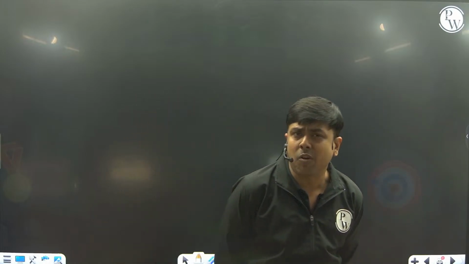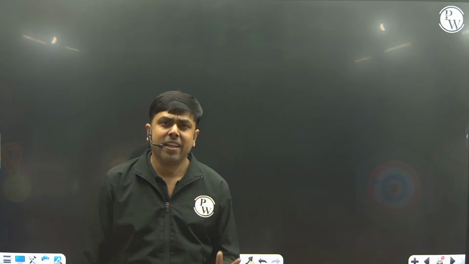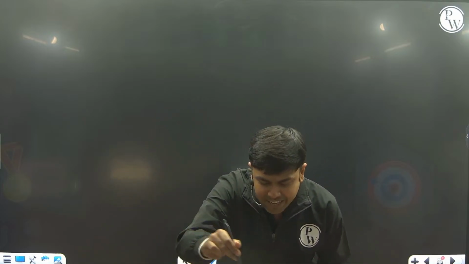Frequency of electron. What do we mean by the term frequency of electron in nth orbit? First of all, tell me what do we mean by the term time period? Time period of revolution is nothing but the time taken to complete one revolution. If I talk about frequency, in unit time or unit second, how many revolutions has this electron made, right?